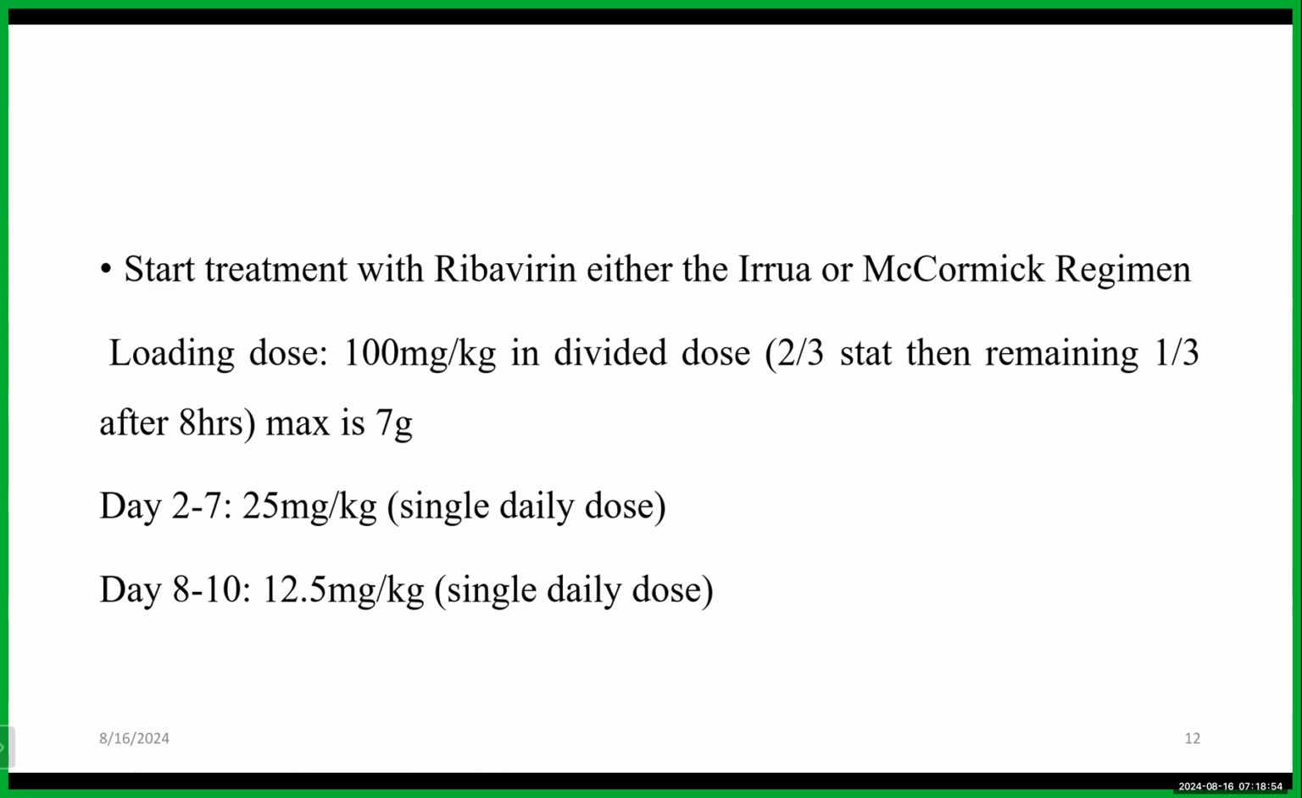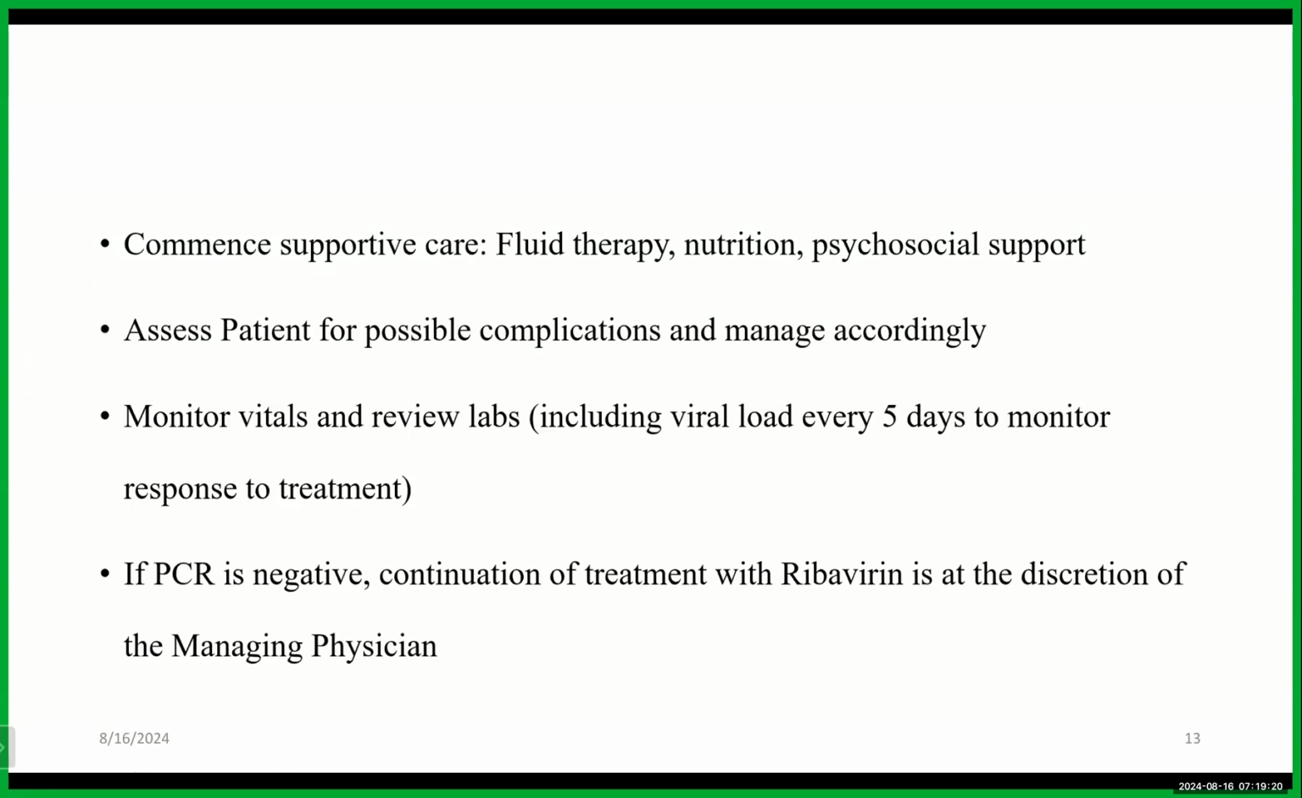The loading dose for the Rural regimen is 100 milligrams per kg in divided doses, not exceeding 7 grams. Two-thirds of the starting dose will be given immediately, while the remaining will be given after 8 hours. Subsequently, from day 2 to day 7, you give 25 milligrams per kg as a single daily dose, and between day 8 and day 10, you give half of that, that's 0.5 milligram per kg as a single daily dose. You also want to commence supportive care, which includes fluid therapy, nutrition therapy, cardiovascular support, and respiratory support